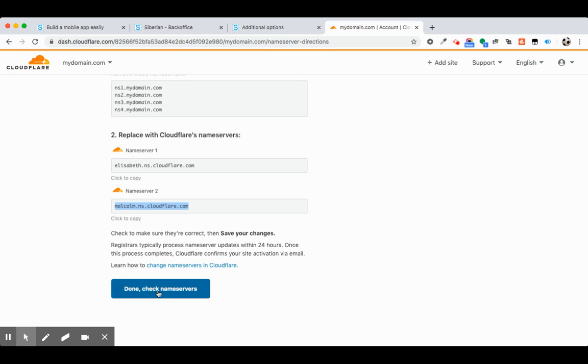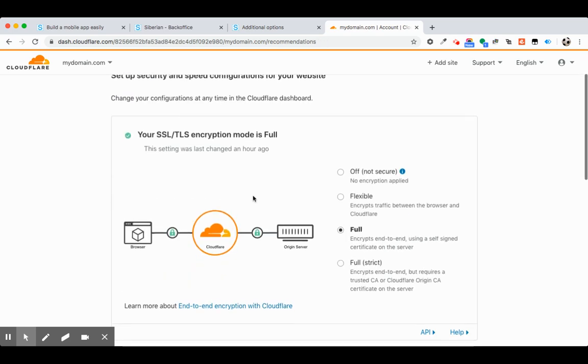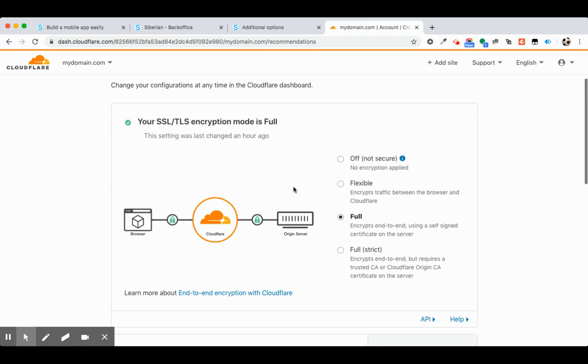Now once you are done, you have to click on done, and this is the important step. Now in this step, Cloudflare will give you SSL certificate. So there are 3 to 4 different ways. Suppose you want to disable SSL, you can just select this option. And generally, if you already have SSL set up on your own server, and you just want to use Cloudflare for security, you can just click on full.